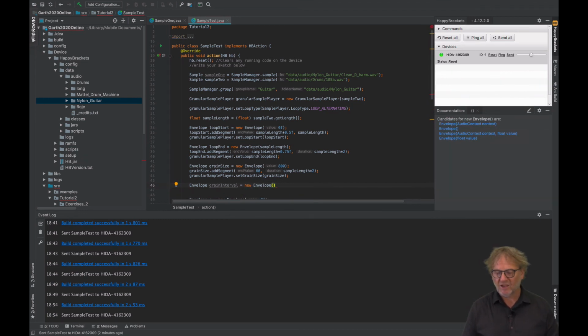Oh, sorry. And I'm going to start by setting this at about 120 milliseconds. We've got long grains, 800 milliseconds in the first place. And so if we set the interval for each of those at 120, there's going to be lots of overlap. Okay, and then we're going to